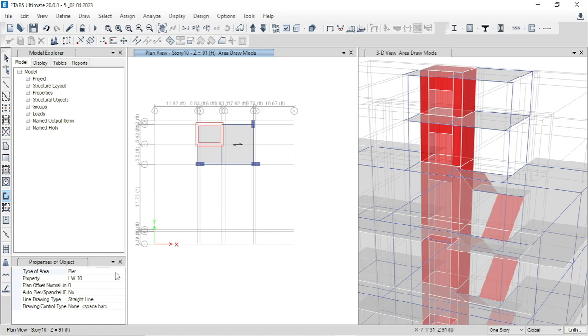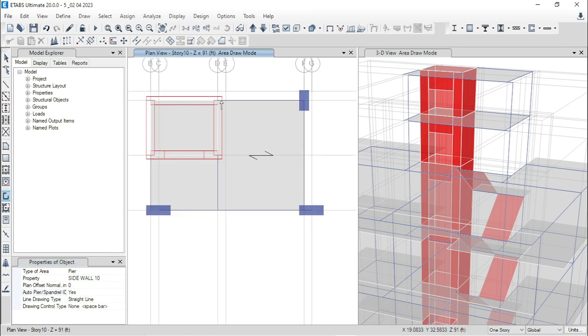So go to Wall. From here just select the property side wall 10. Of course select auto pair as yes, otherwise you have to provide this leveling manually. So from here I am starting the modeling of the overhead water tank side wall. You have to model this one from the top story. I hope you already know about this.